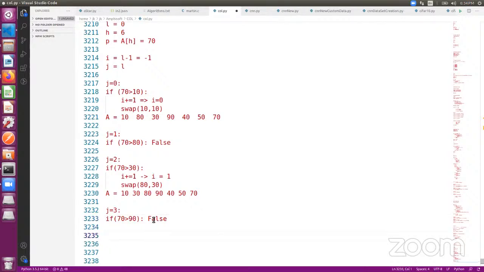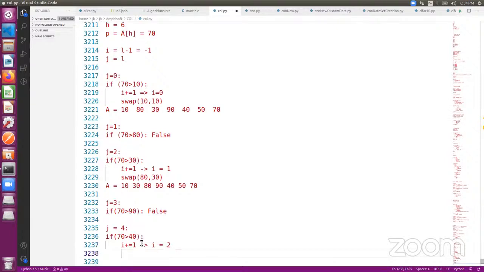Okay. So now next iteration. So that's my else part, right? So next iteration. If so, j is equal to 4, 40, right? So 70 greater than 40. Condition is true. So i plus equal to 1, which makes i as 2, right? Okay, and then swap